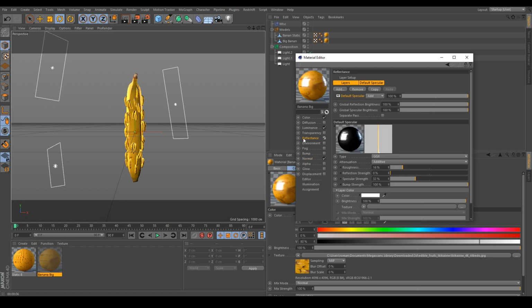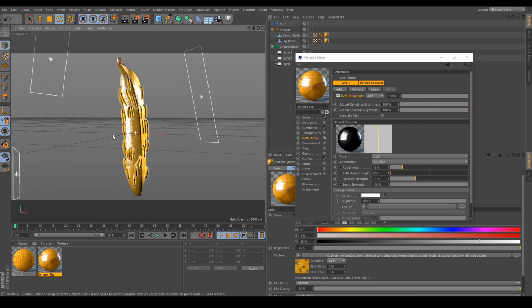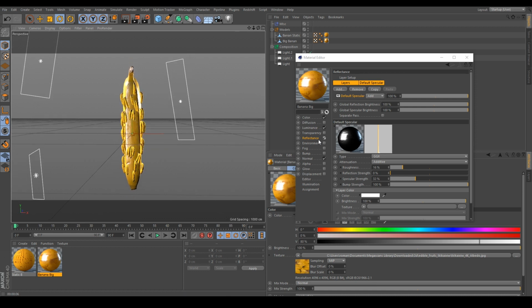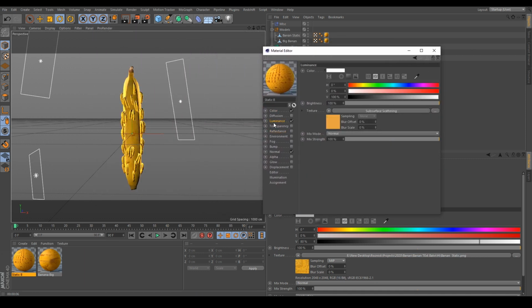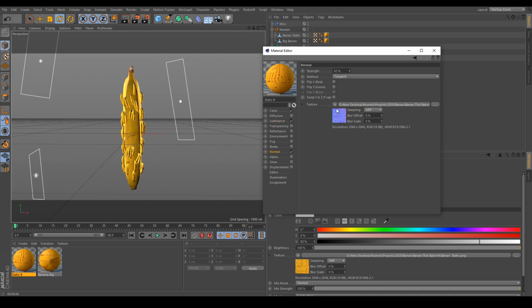Now it's important to disable the reflection. You can see that with the reflection you get pretty nice highlights, but while doing the texture baking, it's important to disable all reflection channels on the materials if you have any, because we'll be applying them later in Spark AR so that we get better interactivity with the lights. So I've disabled that, and the same goes with here. It's just a color channel, a subsurface scattering channel over here in the luminance, as well as the normal map.